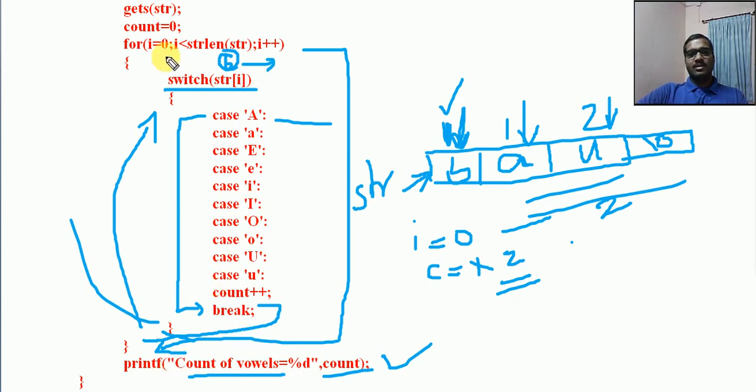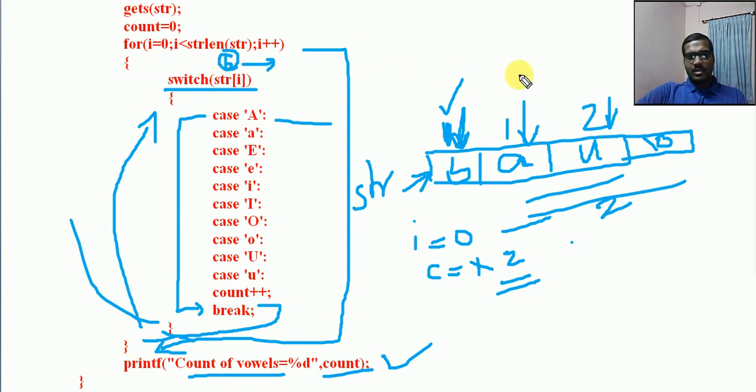Again next iteration, that procedure is repeated. So here, each location is taken as a character, we switch on it and find the character. If it is found, count is incremented. Otherwise, with each iteration for I equal to 0, check whether str of I is any of these, then increment count.